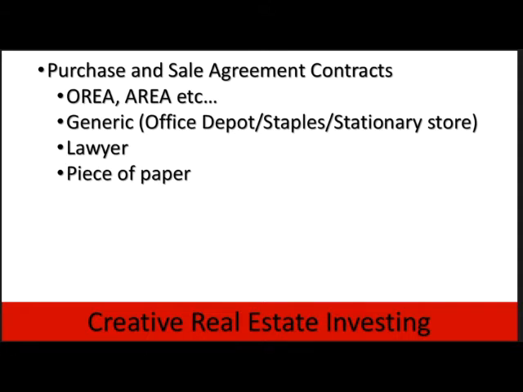Now, where do you get hold of a purchase and sale agreement or the contracts? Well, for the most part, realtors are regulated by their provincial or state body. So in Ontario, it's the Ontario Real Estate Association. In Alberta, it would be the Alberta Real Estate Association. And for the entire country, there's the Canadian Real Estate Association as well. Now, each of these bodies, that's the same thing in the U.S. market. Each state will have a governing body that will create all of the legal documents for the agents to use.